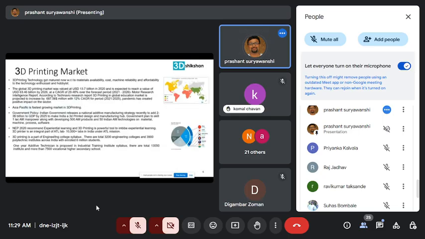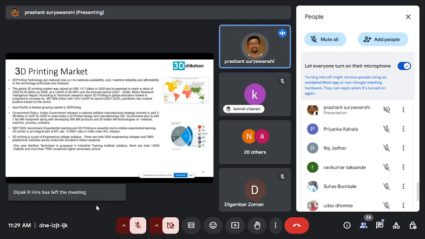So why 3D printing is particularly important, even from the industry skill set point of view, or employment, whatever the problem India is currently facing. That is also going to be at least minimized with the help of this technology. Because if you see this graph, right, this market is clearly shown in green. This APAC region is the fastest growing region, while North America and Latin America are big markets but somewhat saturated, like you can see here in yellow.